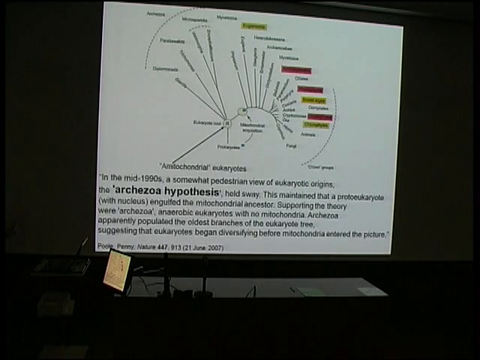That also has the phagocytosis ability. And through that ability, it engulfed the mitochondrial ancestor. Now, supporting that scheme were the so-called archezoa, anaerobic eukaryotes that have no typical mitochondria. And there are many of them, such as diplomonads, most of which are well-known parasites, such as Giardia, parabasalids, such as Trichomonas, microsporidia, and a few other more obscure protists that didn't seem to